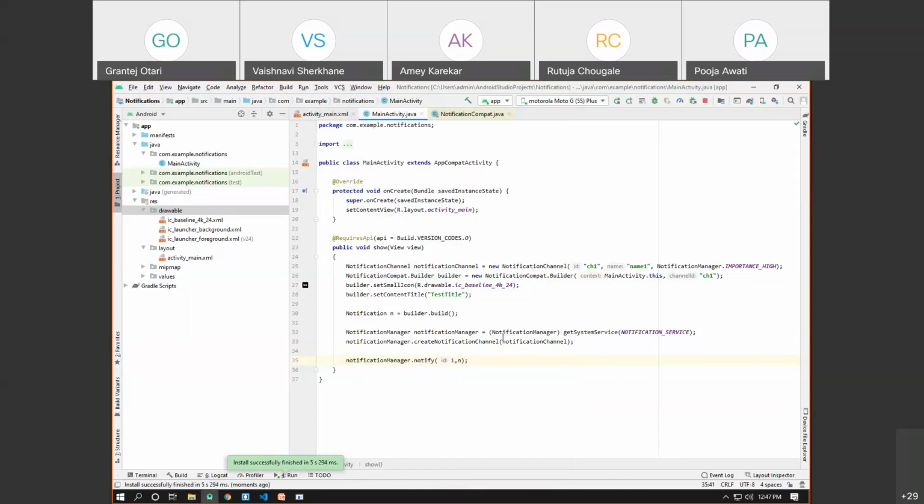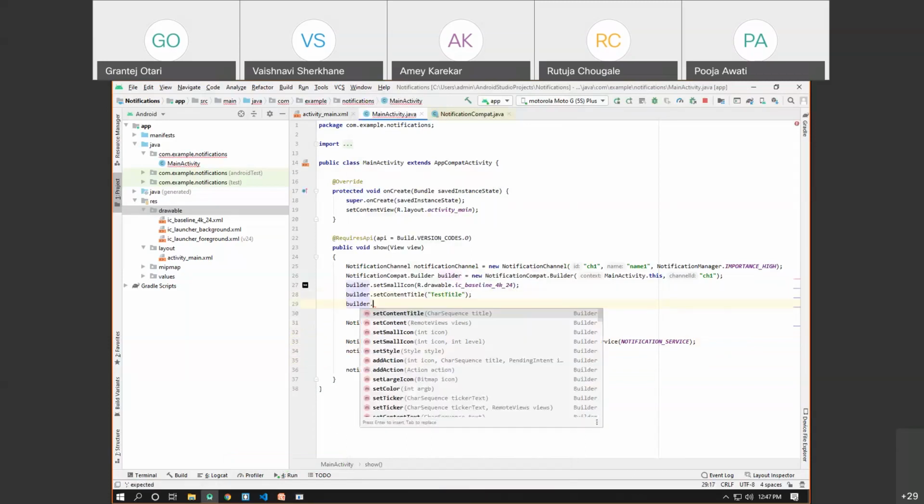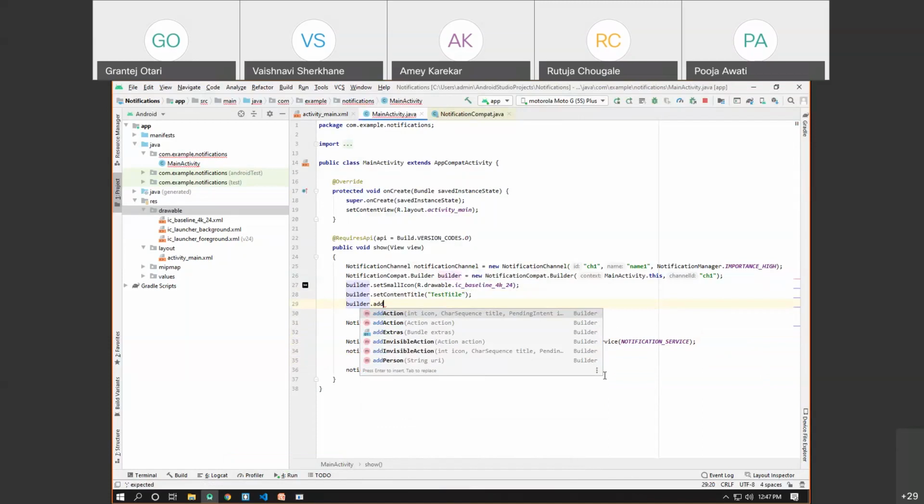Now how to show the actions here is simply make use of the builder object. So I can say builder., and the method we are supposed to call is addAction. Now, as you can see here, the method addAction takes 3 arguments.